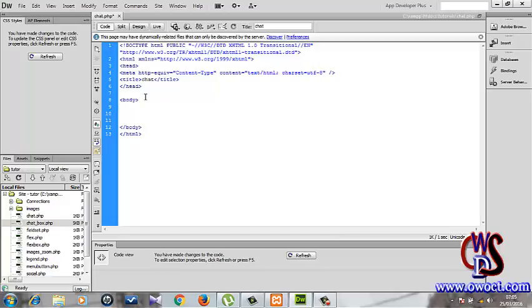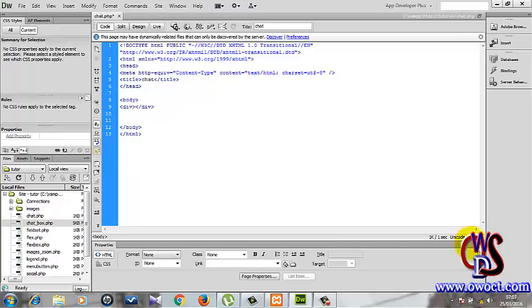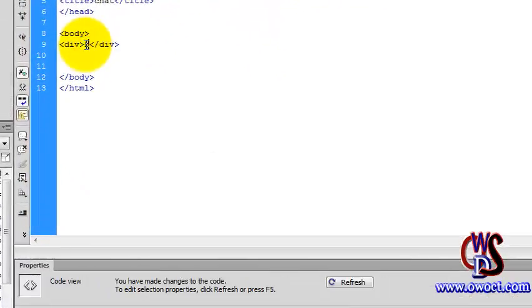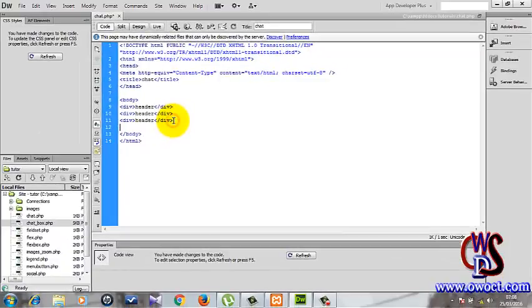Right now we need to open some div tags and later on we'll style them. So right now let's just open the div tag. I'll call this the header. Let me just copy it, maybe lazy here, but just copy it and paste it 4 more times. Call this the chat